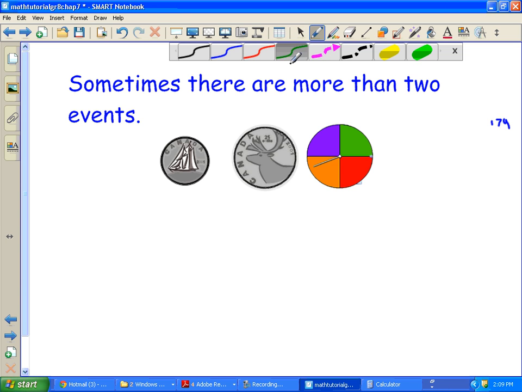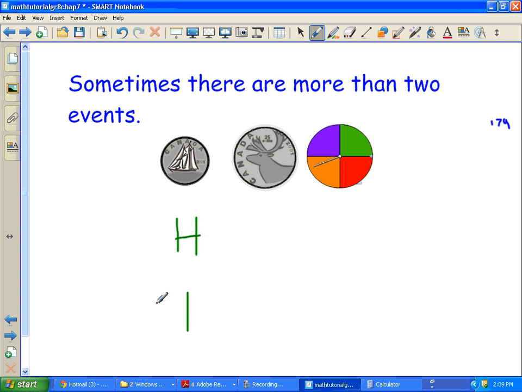So let's start with the dime. What are the two possible outcomes for the dime? Well, if I start with the dime, I have a chance of getting a head or a tail. Let's say I get a head, and then I flip the quarter afterwards. What are the possibilities I could get with the quarter? Well, I could get a head or a tail with the quarter. Now, let's say I got a tail at the beginning. I could also get a head or a tail for the quarter. And finally,